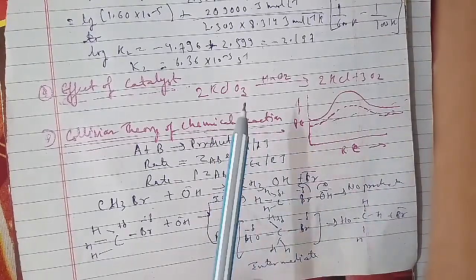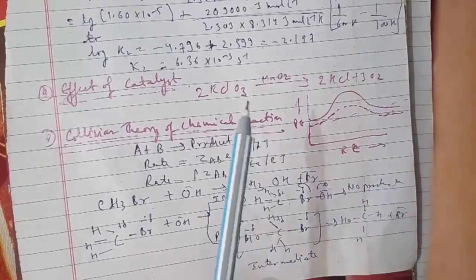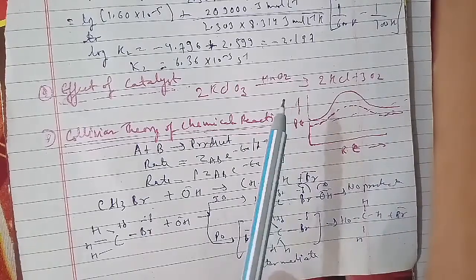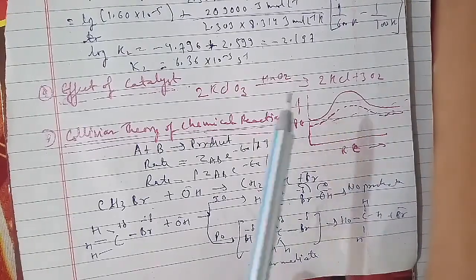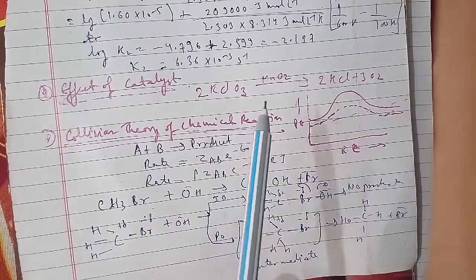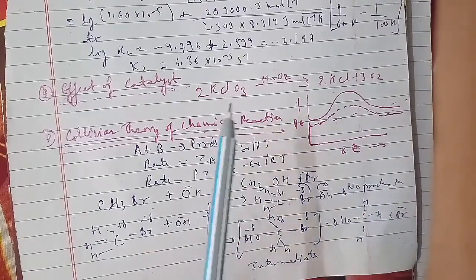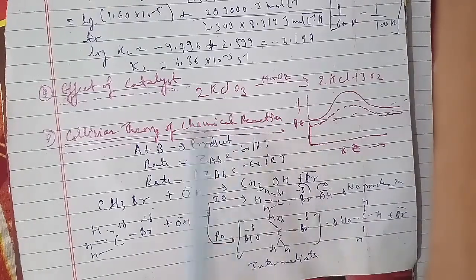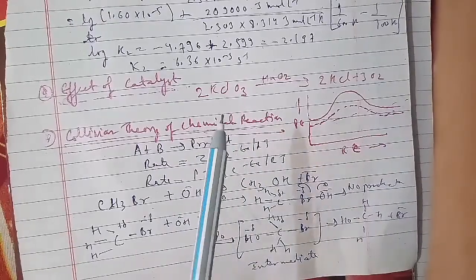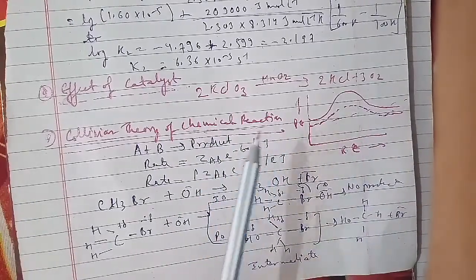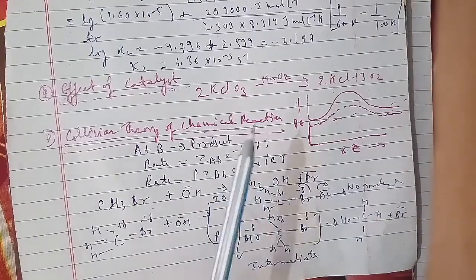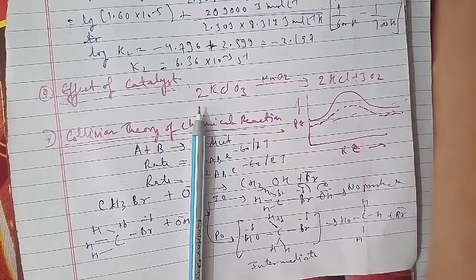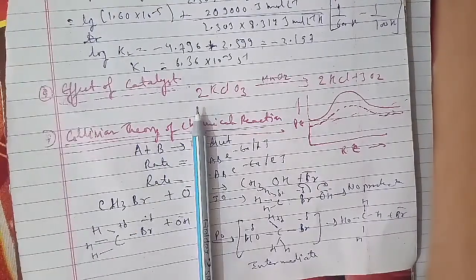In unit 2, we covered the types of solutions, expressing the concentration of solutions, solubility, vapor pressure of liquid solutions, ideal and non-ideal solutions, colligative properties, and determination of molar masses, including abnormal molar masses. Unit 3 is electrochemistry, where we completed electrochemical cells, galvanic cells, Nernst equation, conductance of electrolytic solutions, electrolytic cells, batteries, fuel cells, and corrosion. In unit 4, we covered chemical kinetics: rate of reaction, factors influencing the rate of reaction, integrated rate equations, pseudo first order reaction, temperature dependence of the rate of reaction, and collision theory of chemical reactions.